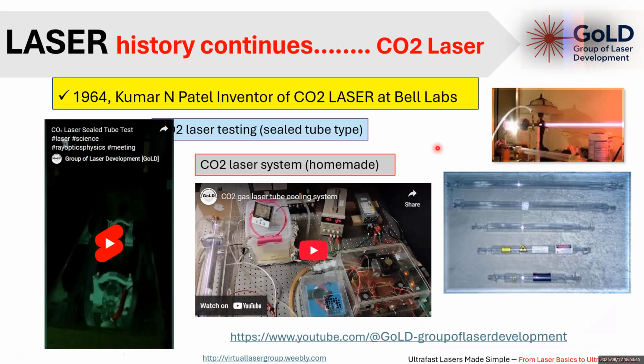That's a very important laser in the history of lasers: the carbon dioxide laser. The carbon dioxide laser was first invented by Kumar Patel in 1964. After the invention of the ruby laser, progress was pretty rapid in the development of lasers, and in 1964 he first demonstrated this carbon dioxide